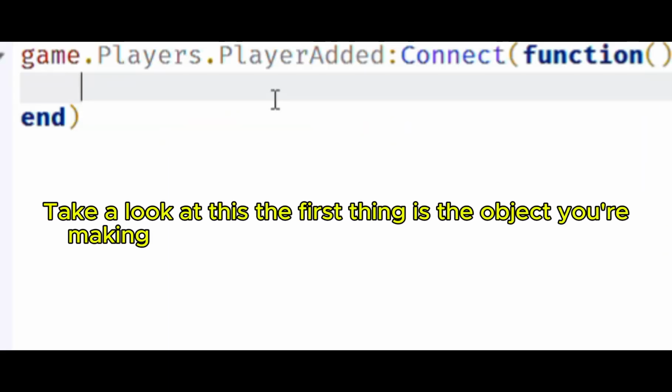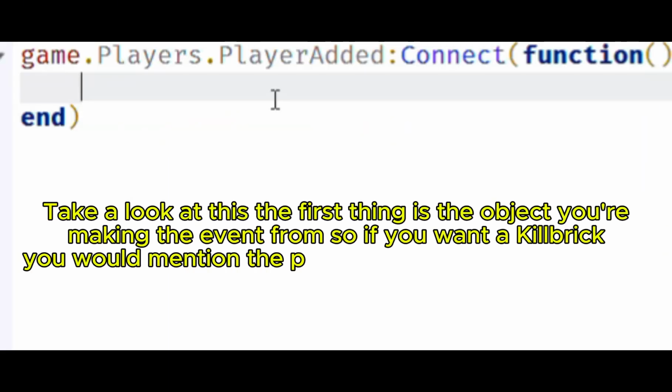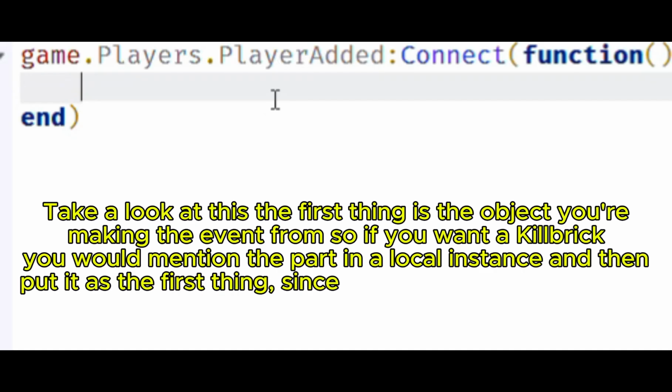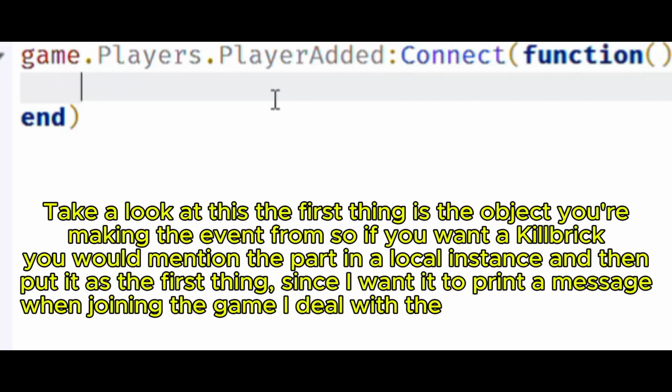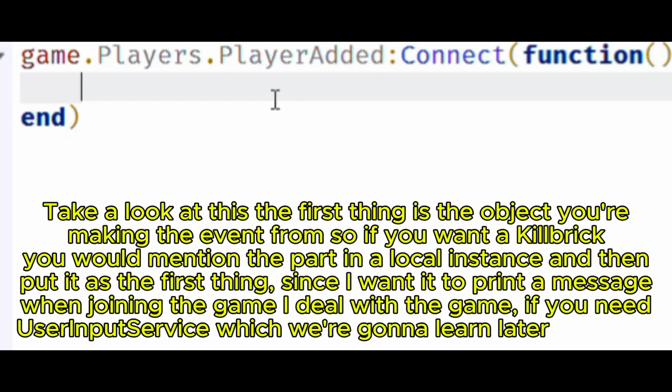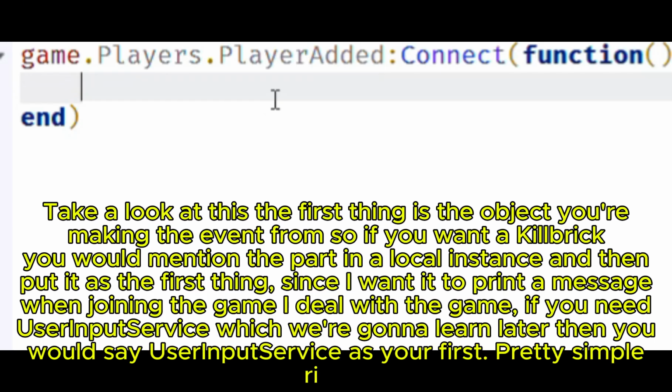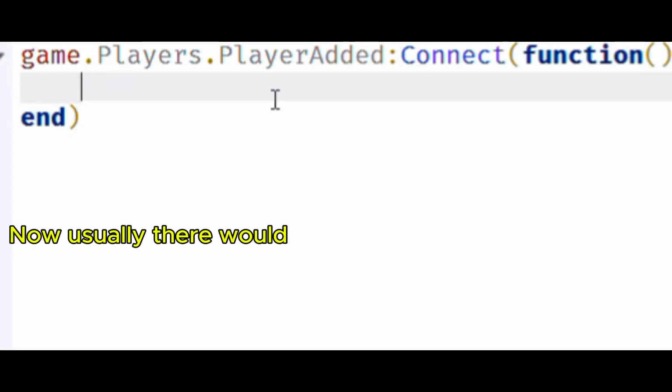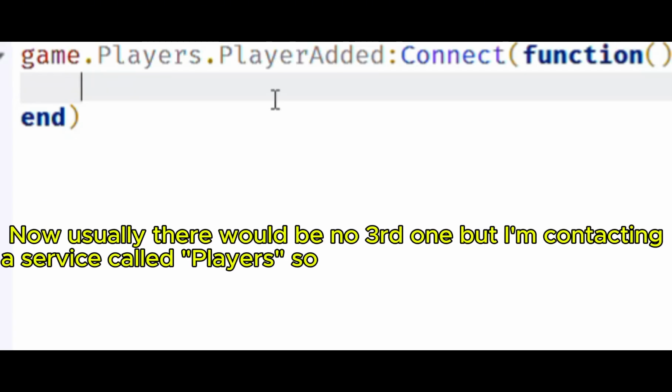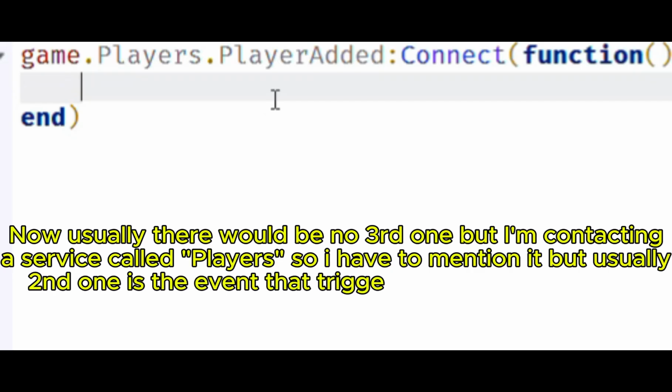The first thing is the object you're making the event from. So if you want a kill brick, you would mention the part in a local instance and then put it as the first thing. Since I wanted to print a message when joining the game, I deal with the game. If you need to use RunService, which we're going to learn later, then you would put RunService as your first. Pretty simple, right? Now usually there would be a third one, but I'm contacting a service called Players, so I